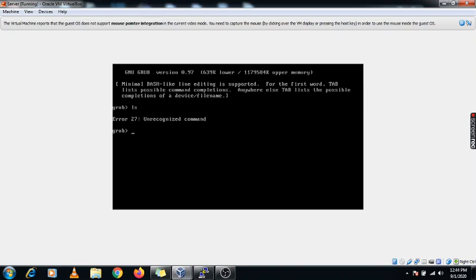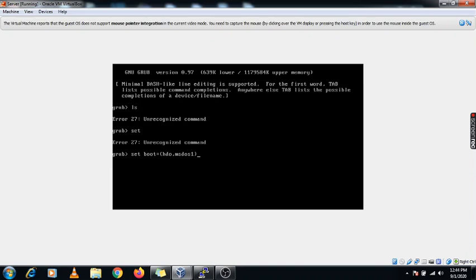First, the ls command will show all the devices like sd0, msdos1, 2, 3, 4, 5, whatever devices are available. But here the ls command is not working. Another command we can check is the set command, but set is also not working. Using the set command we set root equals to the device name, that is sd0 comma msdos 1, 2, 3, 4, 5, whatever. Like that we can troubleshoot, but these commands are not working here.